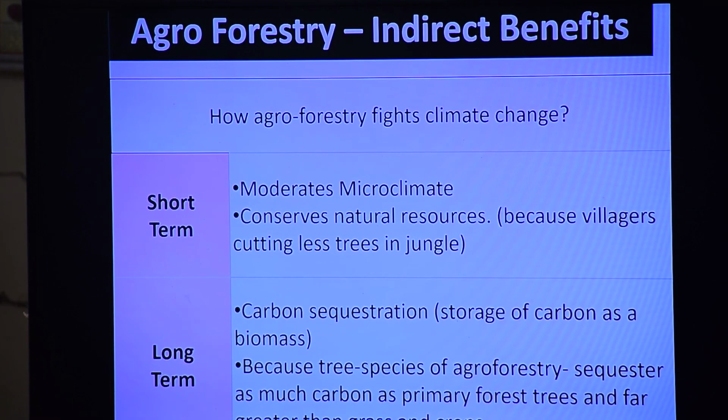Mitigating climate change impact at macro level. And whatever benefits I have written in social forestry, the same benefits we have to